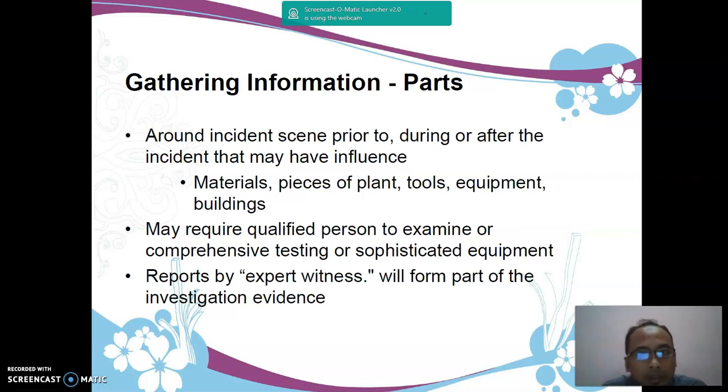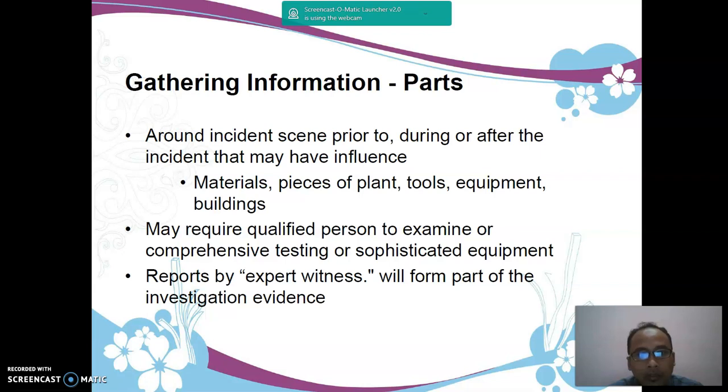So now, gathering information for parts. Parts are the things around the incident scene prior to, during, or after the incident that may have influenced it: material, pieces of plant, tools, equipment, or buildings related to the incidents or accidents. In order to investigate the things that influenced the accident,